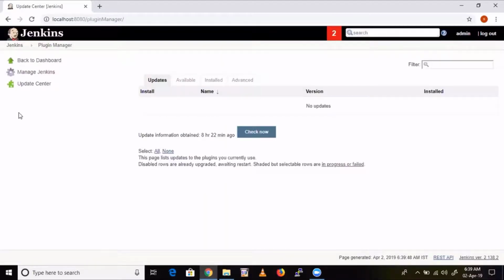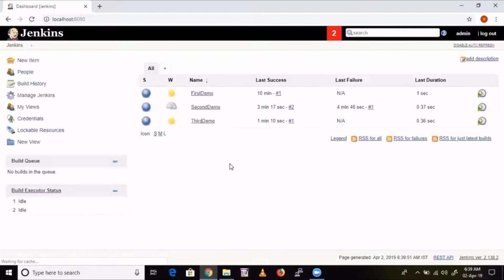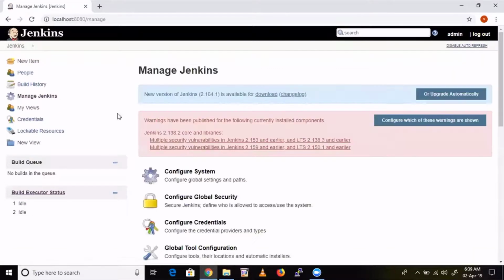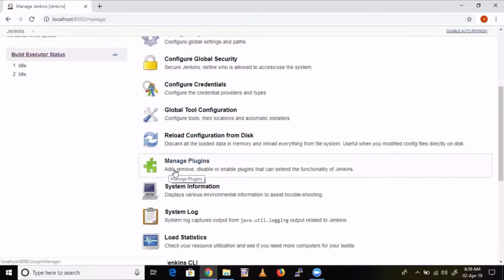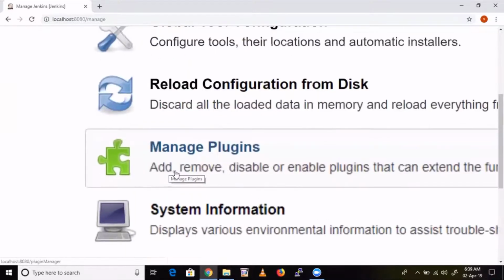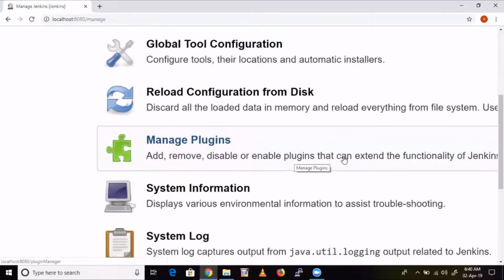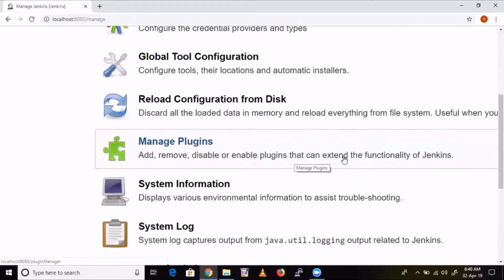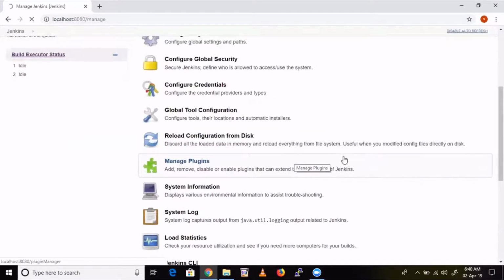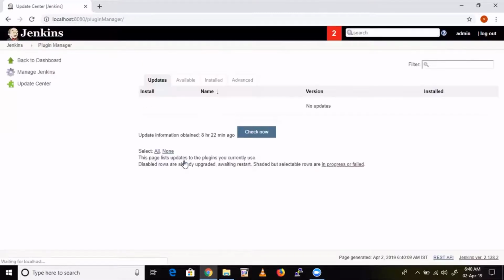Okay. So go back to manage Jenkins. Here you can select manage plugins. What is showing here? Add, remove, disable, or enable plugins to extend the functionality of Jenkins. I told you that Jenkins is all about plugins. Whatever you want, you install that particular plugin. So just click here, manage plugins.